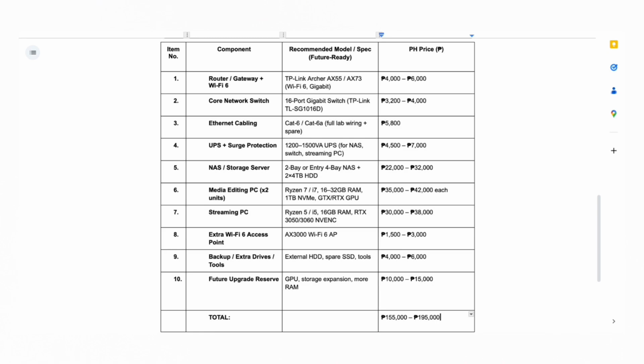An additional Wi-Fi 6 access point for wider wireless coverage is estimated at 1,500 to 3,000 pesos. Extra backup drives and tools for maintenance and redundancy are estimated at 4,000 to 6,000 pesos. Lastly, a future upgrade fund of 10,000 to 15,000 pesos is reserved for expansion such as additional storage or improved hardware components. Based on these estimates, the total projected cost for the setup ranges from approximately 155,000 pesos to 195,000